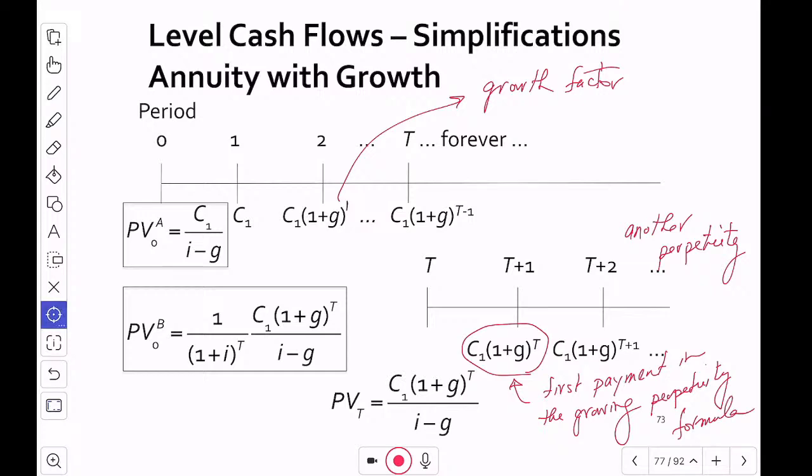So that's the first payment in the growing perpetuity formula. Now, this all starts happening at time t. So this amount is at time t, and this amount is at time 0. What I need to do is convert this by discounting the whole thing t periods. So I take this whole amount, discount t periods, and now I have